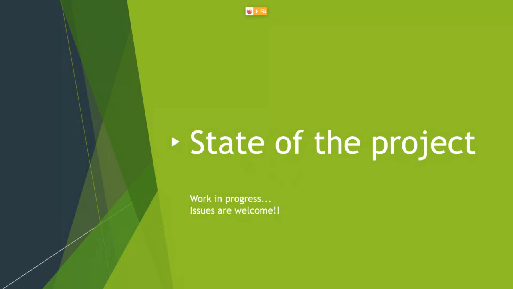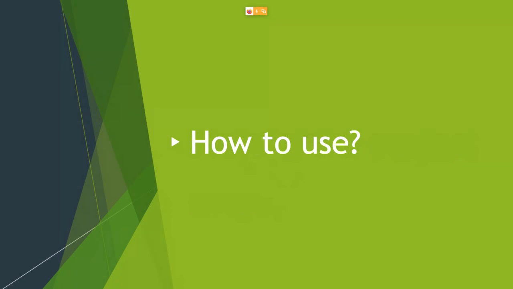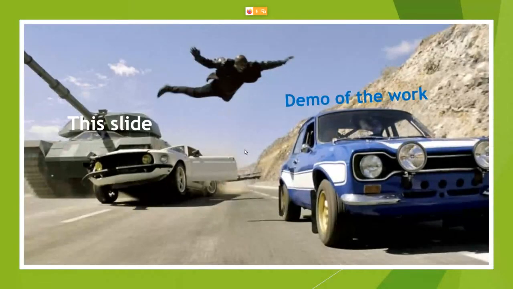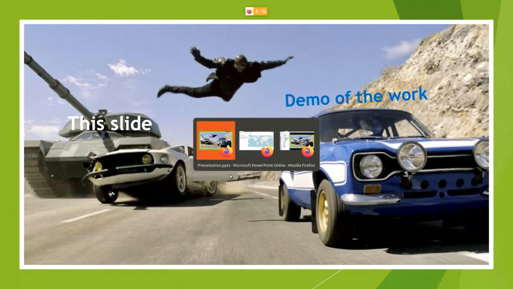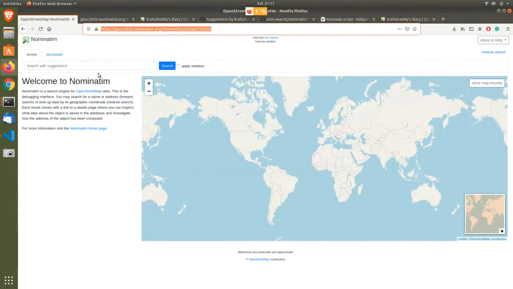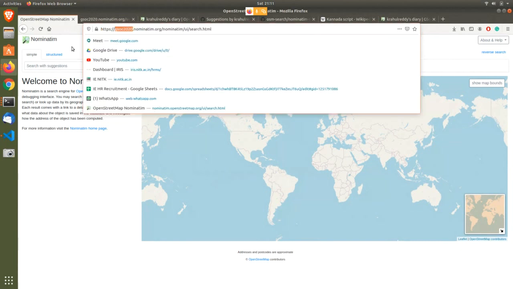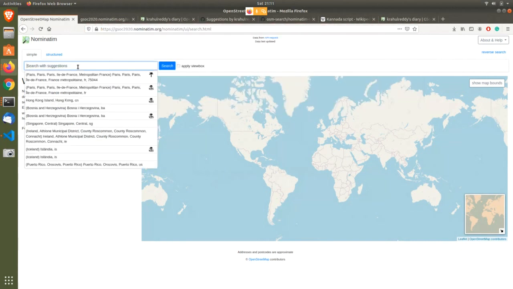So yeah, let's move to the next thing, as to how to use these suggestions. Okay, let's just move to the demo of this particular project. As you can see, this is GSoC 2020 nominatim.org. This is basically a server given to me by OpenCage as part of this GSoC project. I completely worked on this server and hosted a planet-wide DB and indexed it using